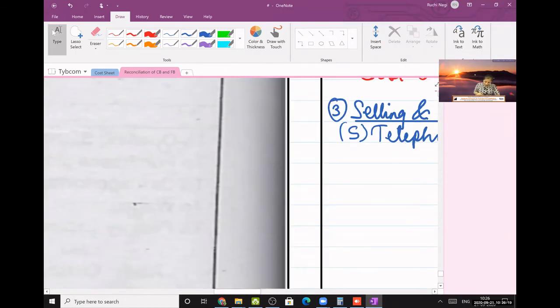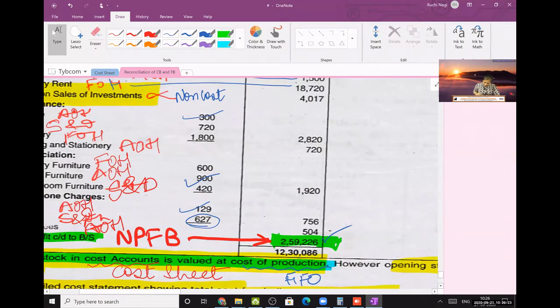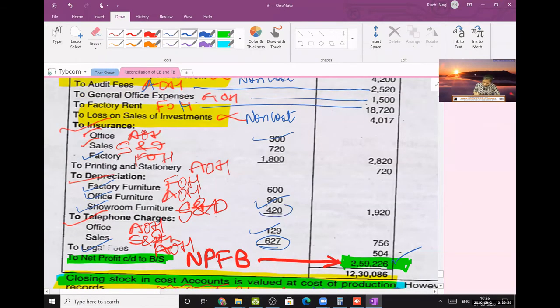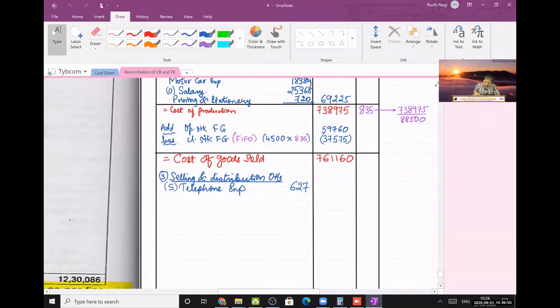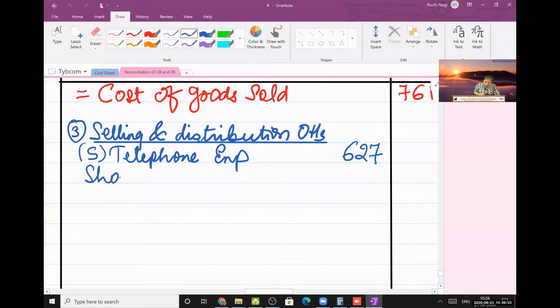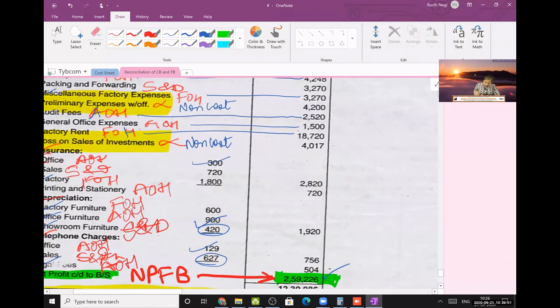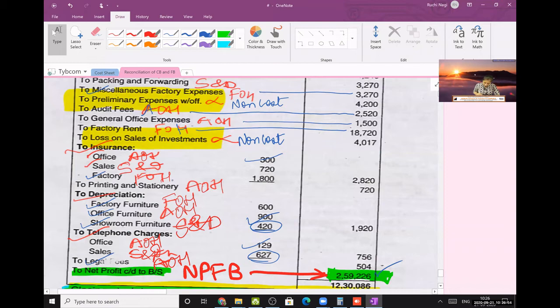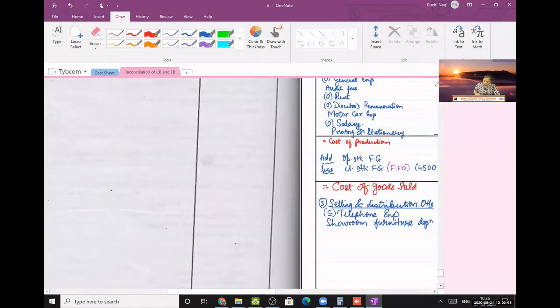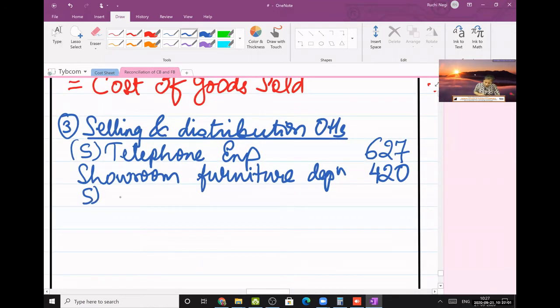Next, showroom furniture depreciation 420. Next, sales insurance 720. Next,